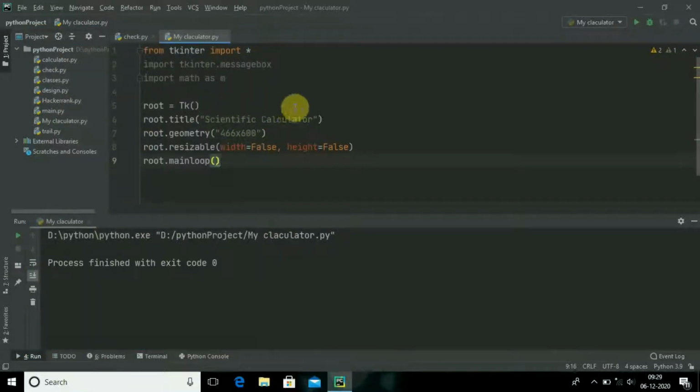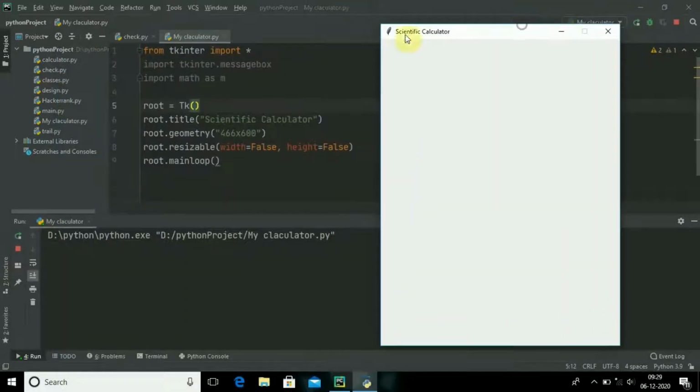Let me discuss the code with you. While I have given the dimension root.geometry, this is our width and height of the calculator. The 466 will be the width and 600 will be our height. And the next question will be why I have used resizable width false and height false.